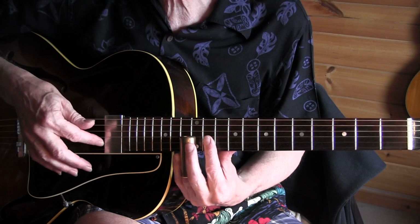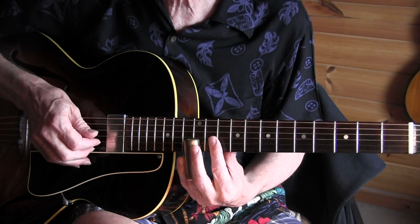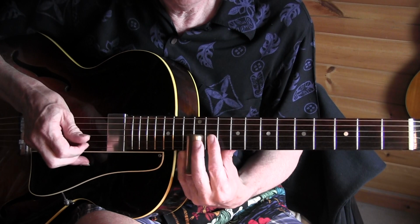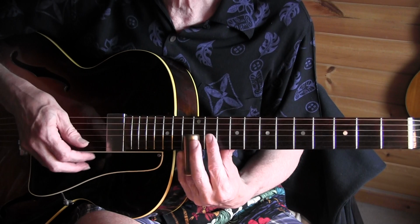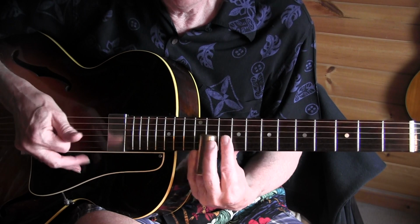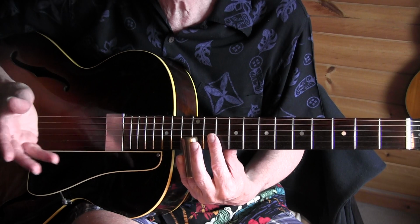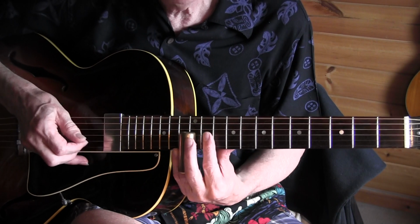And therefore the second string is very prominent when you play that with a thumb. So I try to imitate that by using 2 fingers. Sounds pretty much the same. If you brush, of course, with just 1 finger, that second string is not going to be prominent, and will be, let's say, a secondary sound. So, 12th fret,